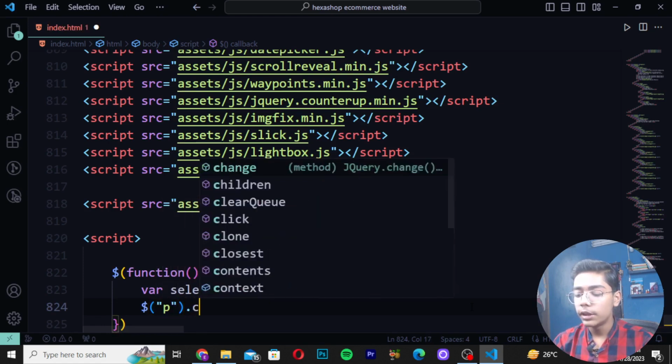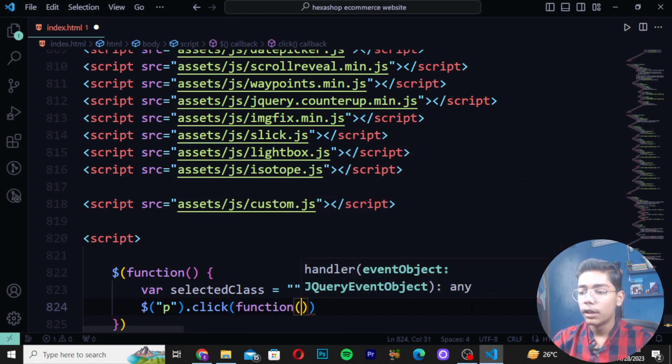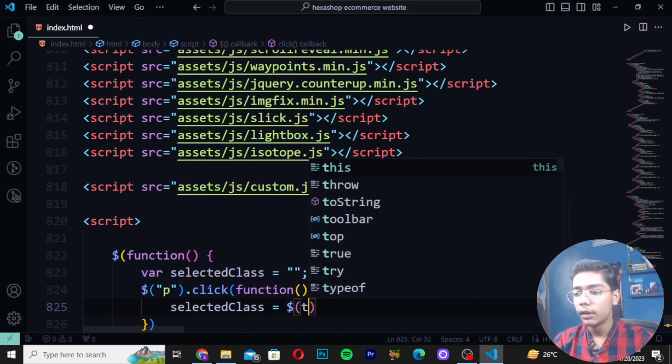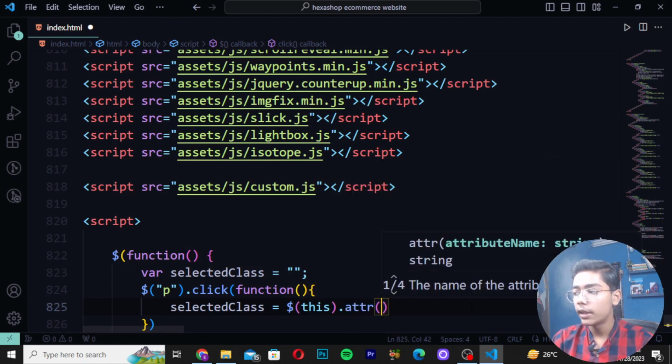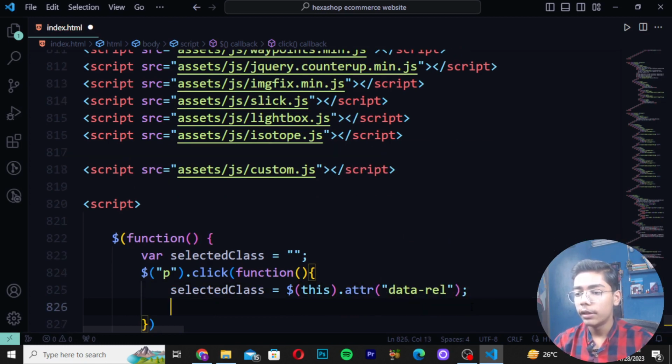Now here I will be using the click function, so I will make this bracket, then move down, and use this selected class. Then here I will write like this and make this $ sign, then write this, then write .attr and create data-rel like this, and then close this and write